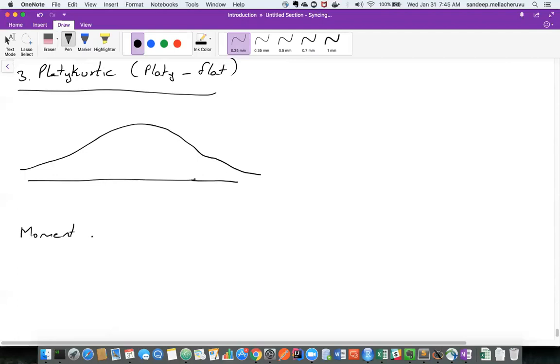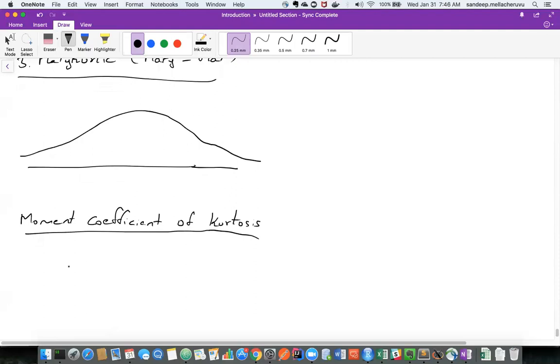So it doesn't matter how many formulas you want to learn. Even if it is one, it is fine. Moment quotient of kurtosis. And again, this moment coefficient of kurtosis is given by